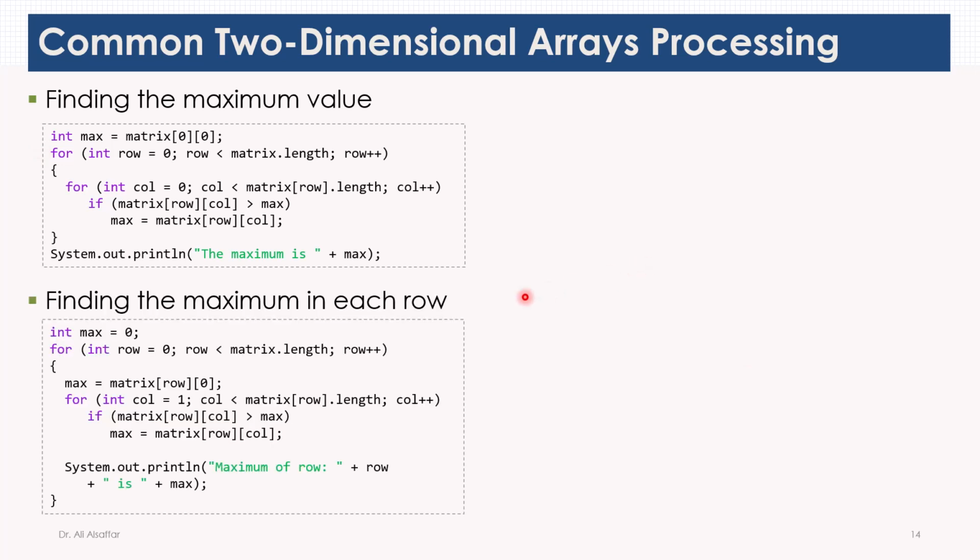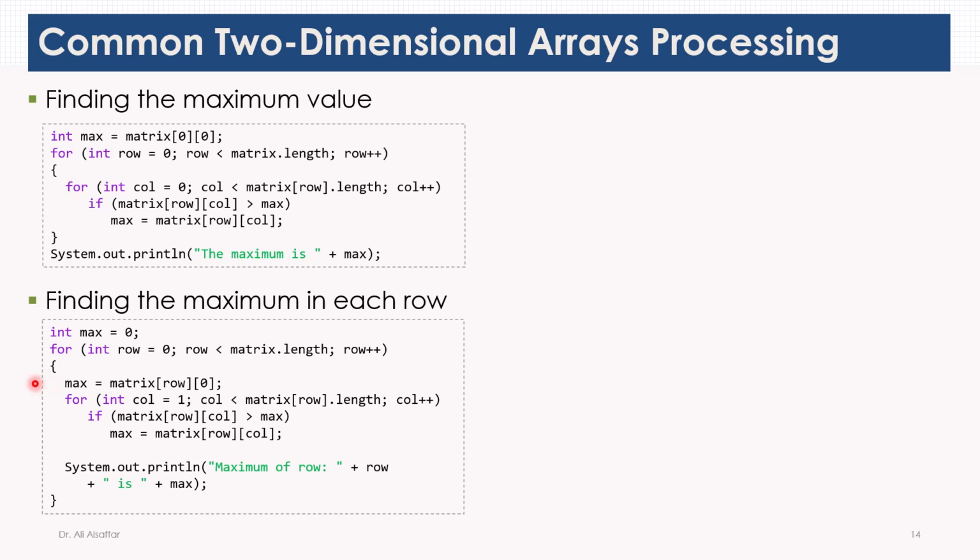Now, what if we want to find the maximum in each row? Then you need to process the array row by row. And again, you need a variable that will hold the maximum for each row. If we assume that we are processing a two-dimensional array of type integer, you make it equal to 0. But this is only for not making the compiler complain that maximum was not initialized, because this variable will be